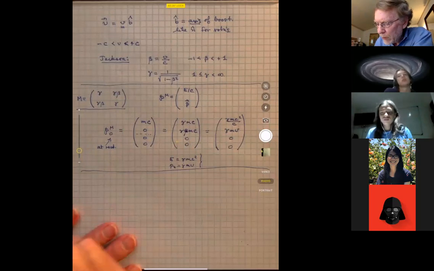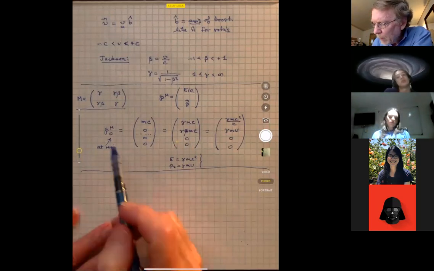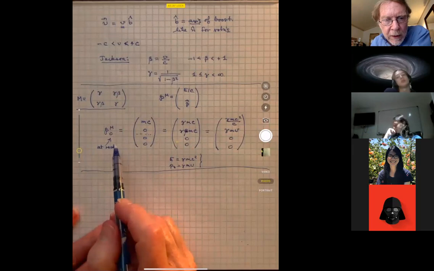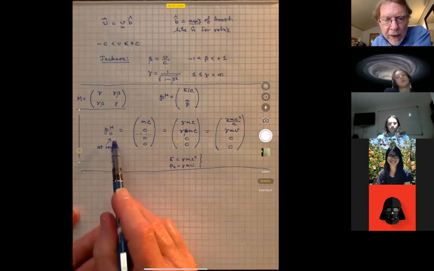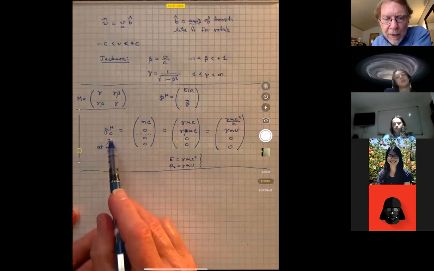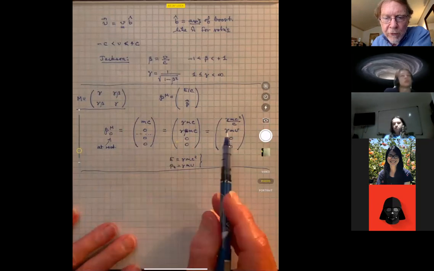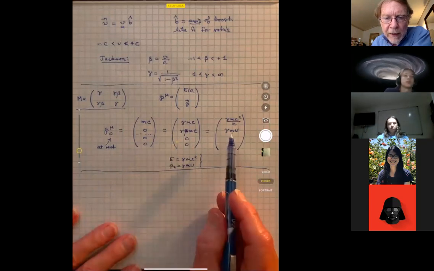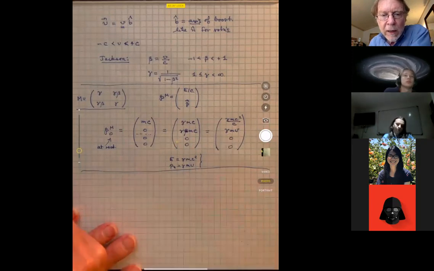One thing to point out is that I'm using an active point of view here. That is to say, we had a particle at rest and we changed its state of motion by applying a boost, and it therefore transformed it into a particle that's moving down the x-axis with some non-zero momentum. And the reason I'm using an active point of view is because